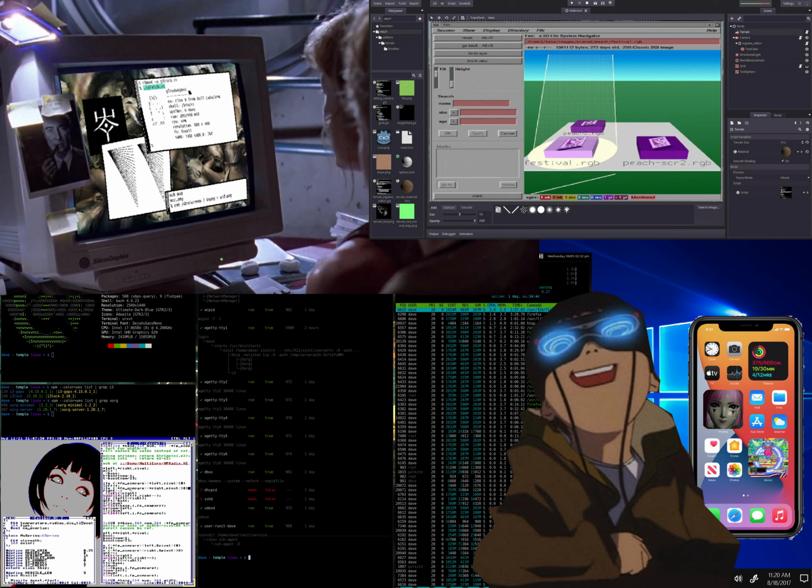Kdenlive for video editing. Krita, LXDE, LXDM, Mu PDF, NeoVim, Noto fonts CJK for Japanese fonts, and NTFS 3G for mounting my NTFS drives, which is part of the compatibility with Windows thing. If I don't need to be compatible with Windows, I can get rid of it, but it's like megabytes we're talking about. NVIDIA drivers,